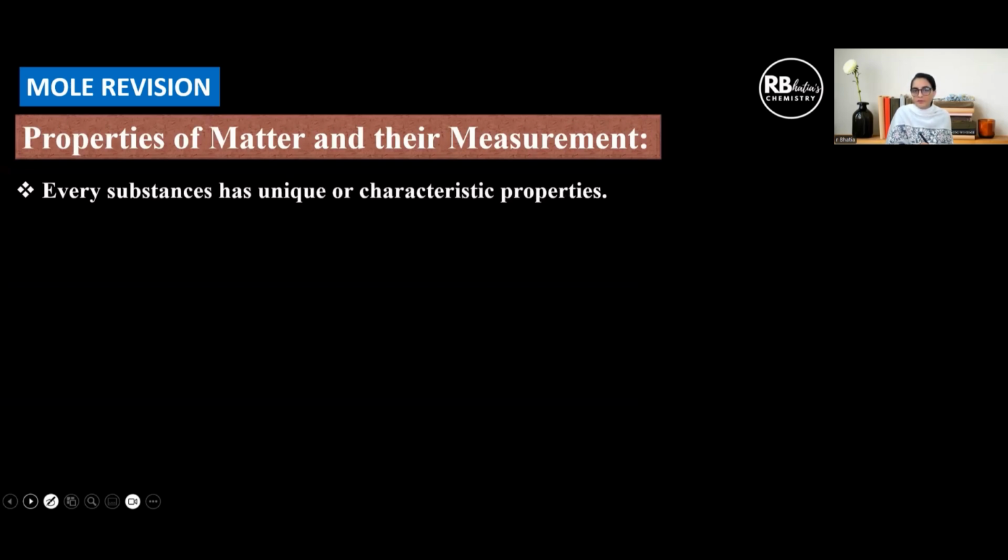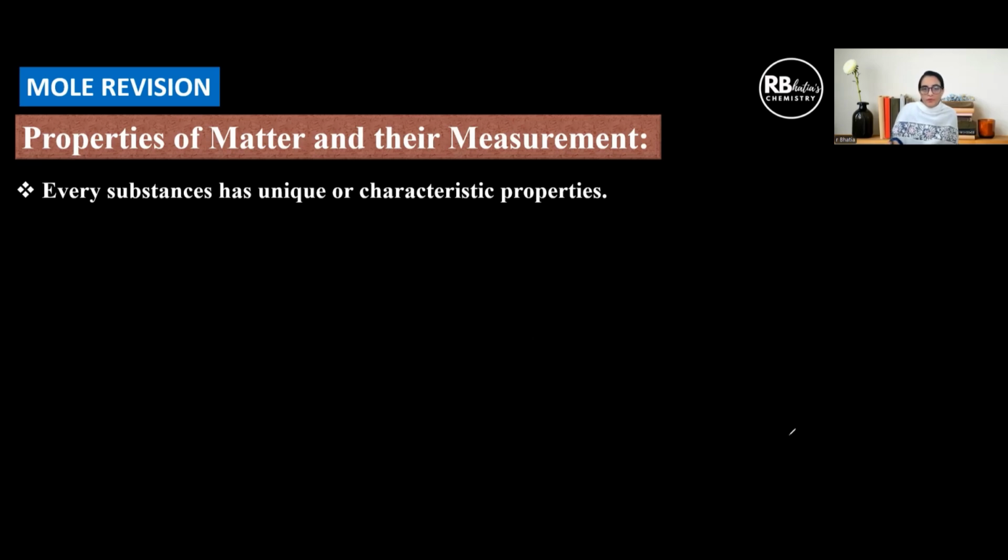Next topic is properties of matter and their measurement. So, what was the first topic? The important question from the first topic that we've already done could be differences between elements, compounds, and mixtures, any two or all three. And then the second question is they could give a list of substances and ask you to differentiate, like which out of the following is an element and which is a compound, and which is homogeneous mixture, which is heterogeneous mixture. You can get a question of that kind.